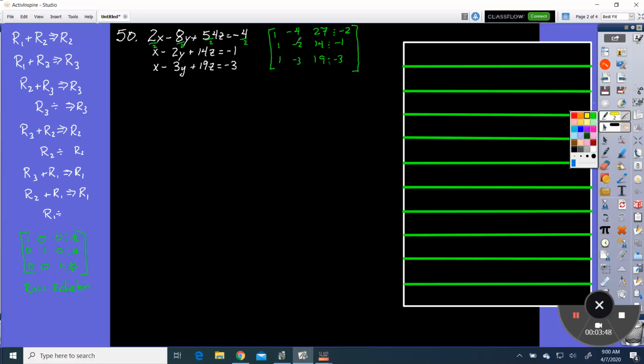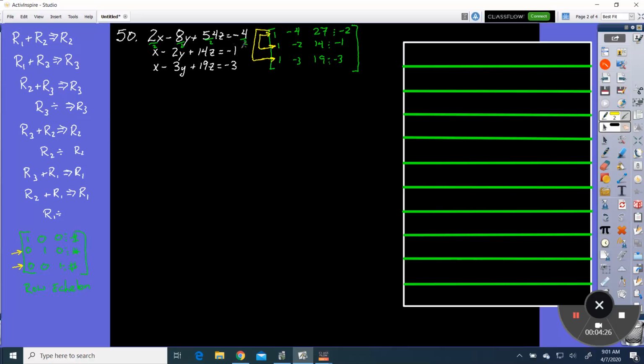So now that I've got that, I want these ones to disappear. See how they're gone right here? And then the next thing I want is that to disappear. So I'm going to do these first two. Now, if I combine these two ones right now, sure, they'd disappear, but that would only replace one of these two rows. I've got to replace both rows. So that's why we use the top row along with it. So I use the top row in that one, and I use the top row in that one. And it works out nice because these are all ones. So